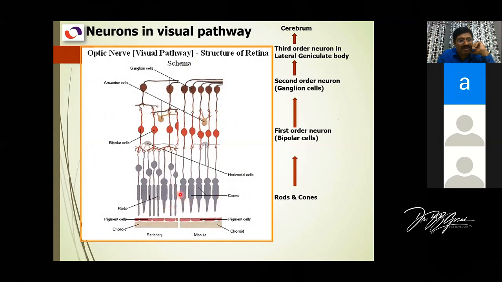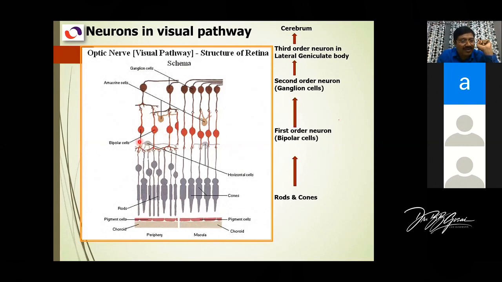Rods are rod shaped, cones are cone shaped, based on shape. Physiologists will explain to you the whole theory of photoreception. So it is not my job, but I will explain just how this will continue as orders of neurons. Clear? So this is the first order neuron, which is the bipolar neurons. This is the sensory receptor. This is the receptor, and the neuron is here. This is the first neuron, which is the bipolar cells.